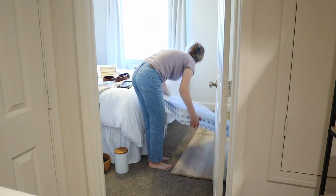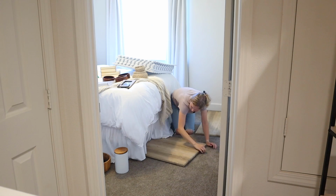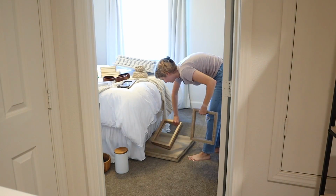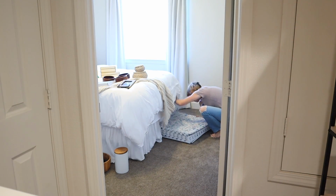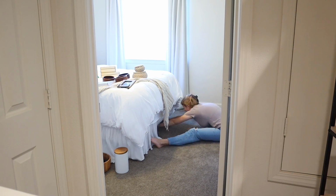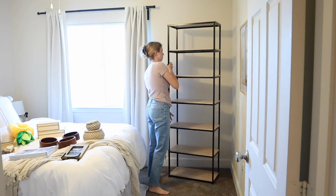Now in the guest room, I'm definitely going to have to come back to this space and work on it a little bit. I kind of prided myself on never storing anything under our beds, and I can't say that's true anymore. Right here is our deconstructed coffee table that I talked about earlier. It's kind of the perfect size to just slide under this bed just for the season we're in, and then I'm also going to put the foam playmat tiles in here too, just to kind of get them out of the way. It bothers me that I have this much stuff I'm holding on to and not using right now, but I'm also trying to not be wasteful and just get rid of things because I'm not using them for a handful of months. But with that kind of cleaned up and tucked away, I can get to styling this